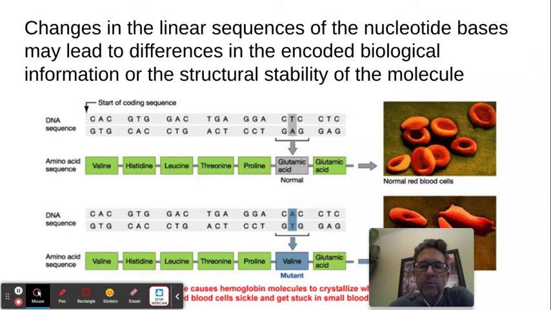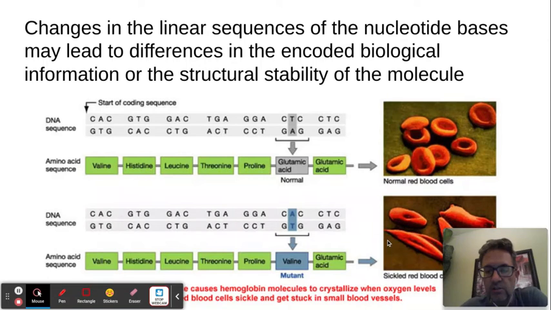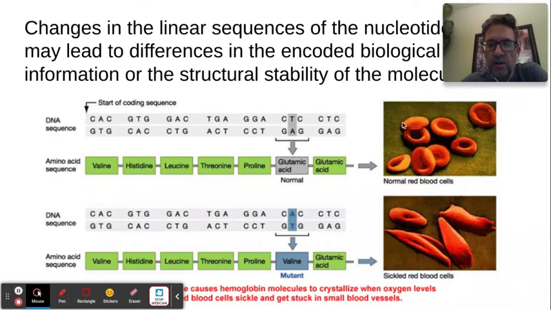Excellent. If you change this linear sequence of nucleotides, you're going to change the information coded to build proteins. And remember, proteins make pretty much everything. So the example that we have right here is this DNA sequence is exactly what it should be. But this one down here, we're going to exchange